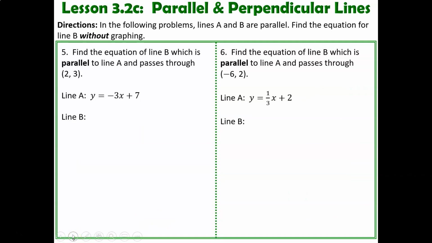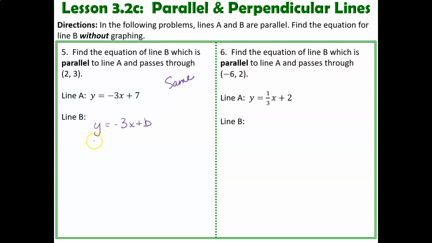So now we're going to do this without graphing. We don't have a graph. We know, though, you'll have the same slope if they're parallel. So it says find the equation of line B, which is parallel to line A and passes through that point. So we know the slope is going to be the same, and we just plug in that point to get